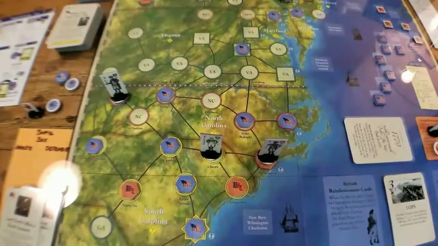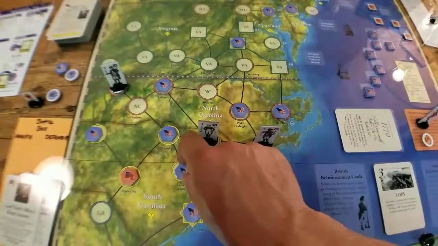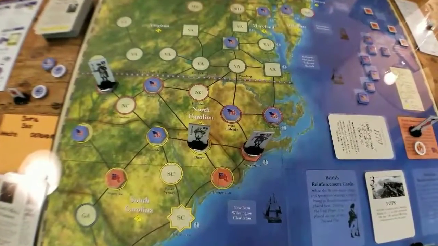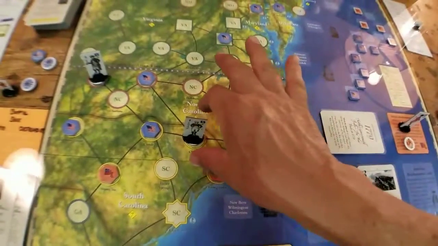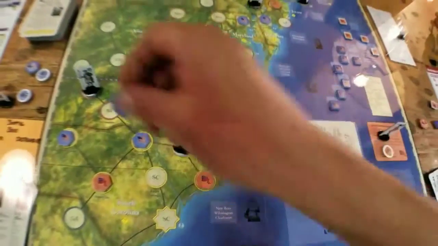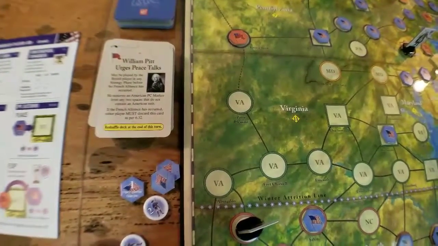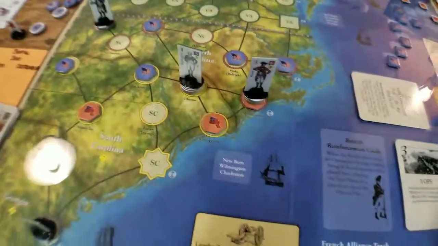2 political control markers. Well, we could use those out of Utah Springs and Charleston, effectively neutralizing South Carolina. Let's see if Washington's got a political. Yeah, he's got one. So they still got control, but that helps. So much for those political control markers. What was that all about? William Pitt urges peace talks. Huh. Oh, William Pitt hurt the colonist. Okay, well, that was